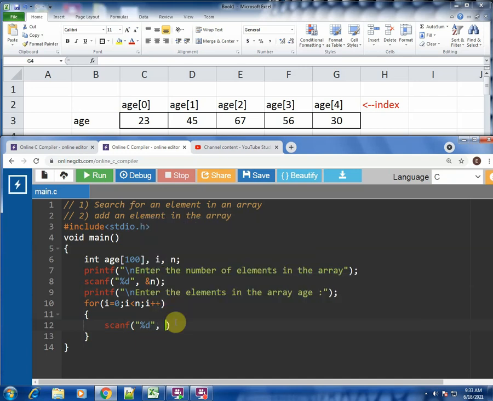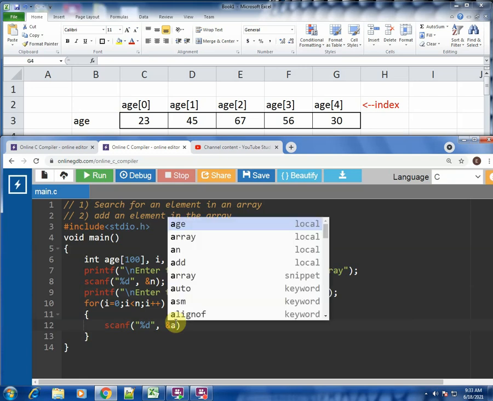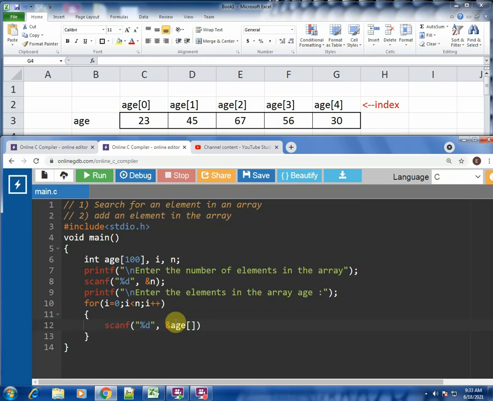How do we take input in the array variable? We use the ampersand sign, then the name of the array, which is age, and in the brackets we write i, because i is the for loop variable. This is how we take input in an array. We have seen this previously as well. If you still have doubts, you can go and refer back to the basics of arrays.